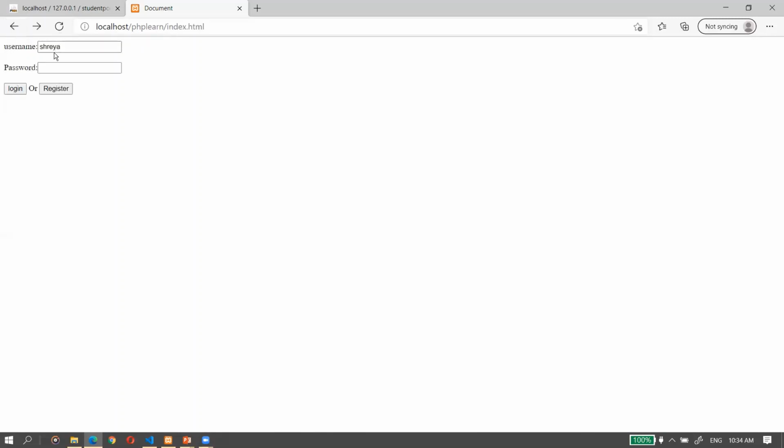Now let's check if we go to registration, whether it is going to the registration page or not. We will just click on register and, hi, this is the registration page. It is signup.html. So it is perfectly working and the database is validating. The connection has been made and the authentic user validation is working. Let me show you whether those users were there or not in the database.